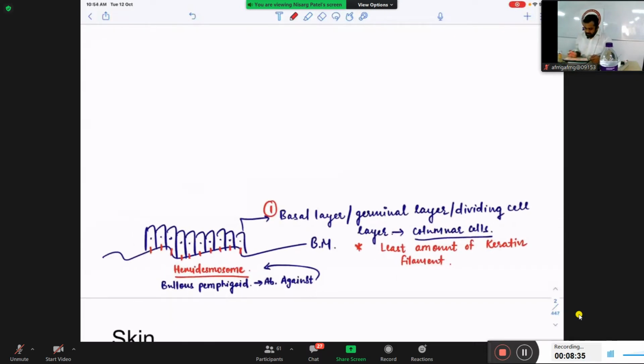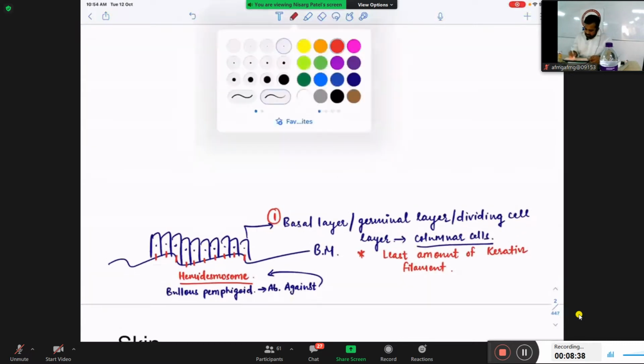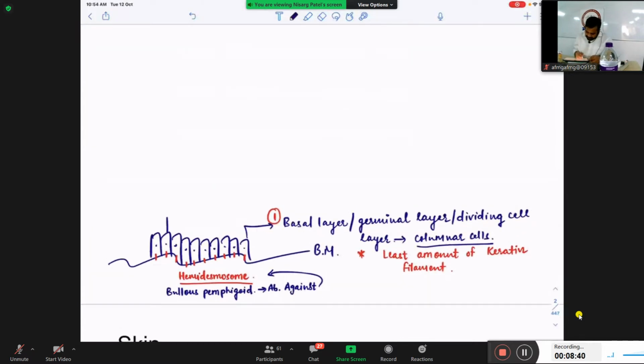Now what happens is when these cells are constantly dividing, they will go in the vertical upper direction in my epidermis. So in the second layer, these cells will become polygonal in shape. The reason these cells have a polygonal shape is that they are being stretched by these spike connections, because all these cells have spikes on their surface,